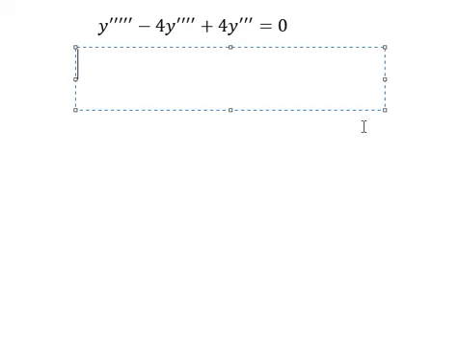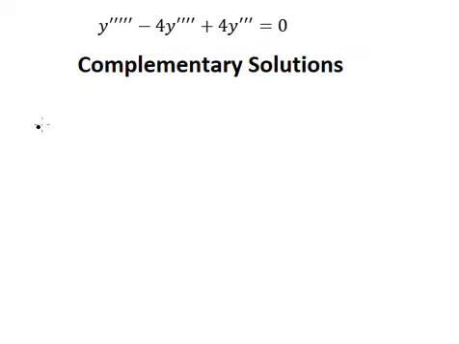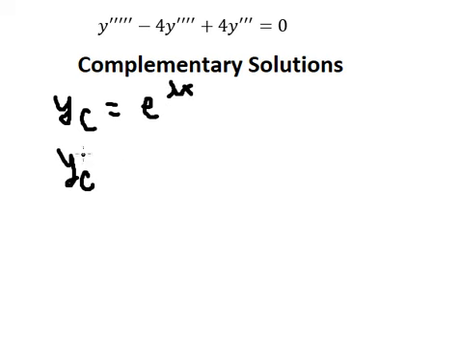For this one we need to find the complementary solutions. So I will put yc equals e to the power of lambda s. Now if we do first the derivative of yc, we have lambda e to the power of lambda s, because if we do the first derivative of this one, we keep the same e to the power of lambda s. Later we do the first derivative of lambda s, you get lambda, and now we go to the third